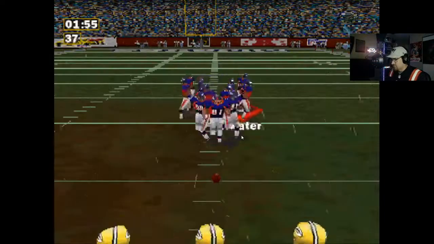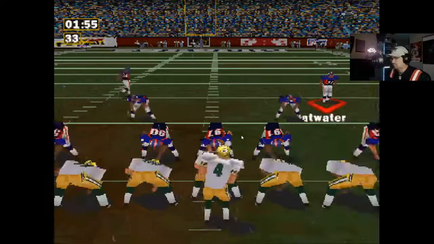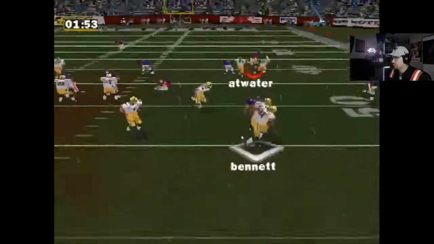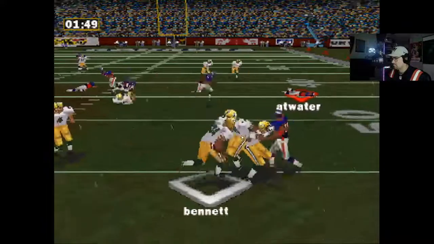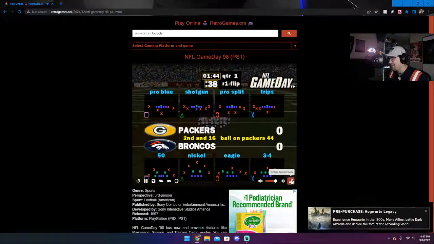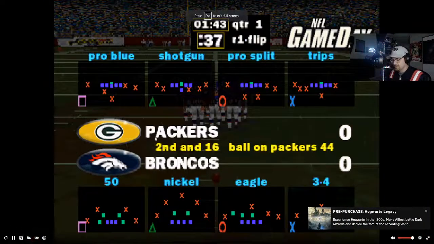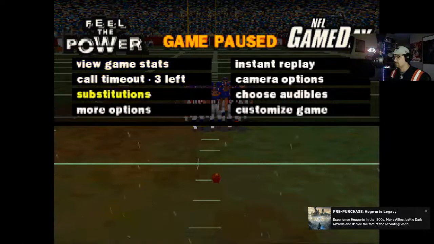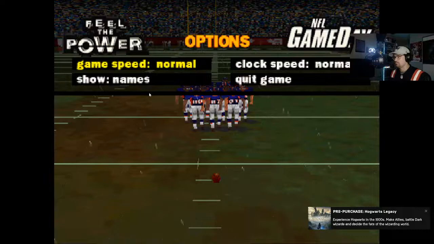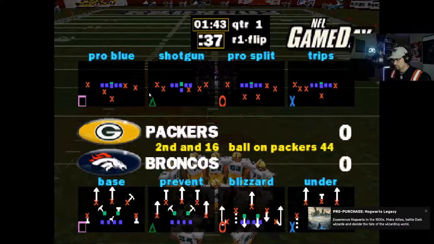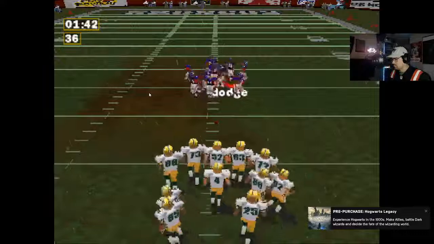let's go. First and 10 on the 49-yard line. Oh wait, no, I went with square. Oh, interesting. Okay. Second and long.